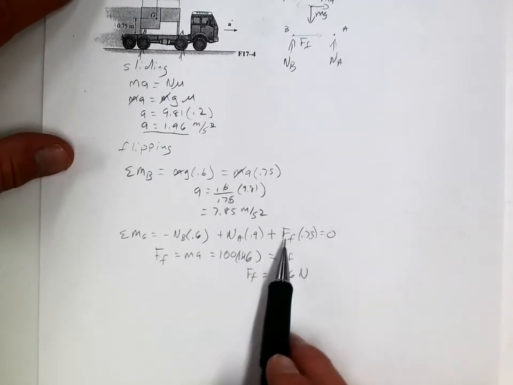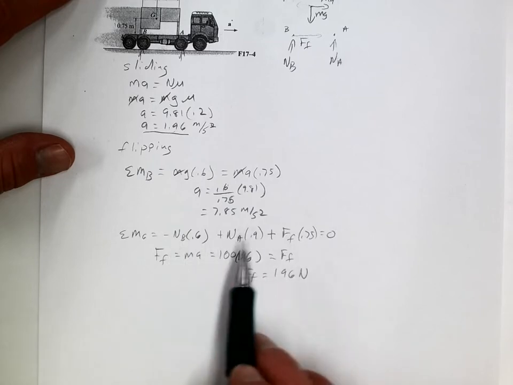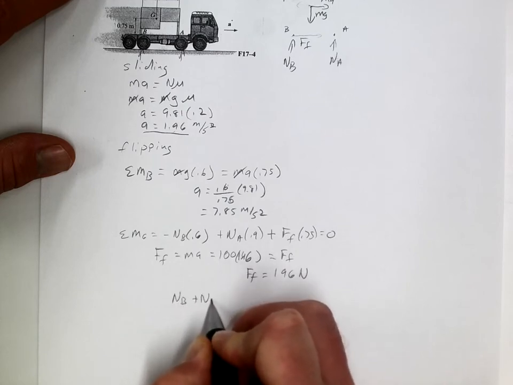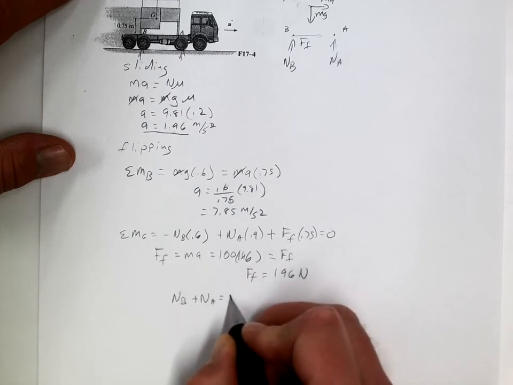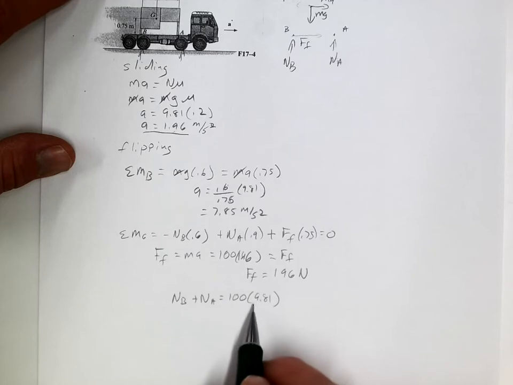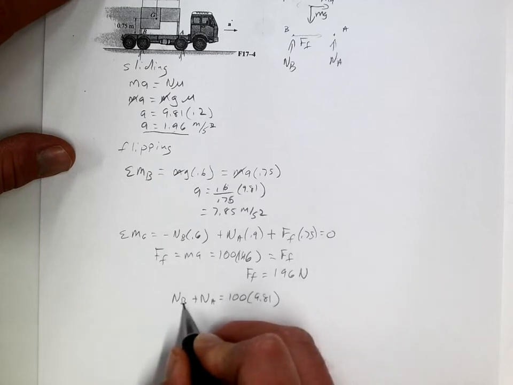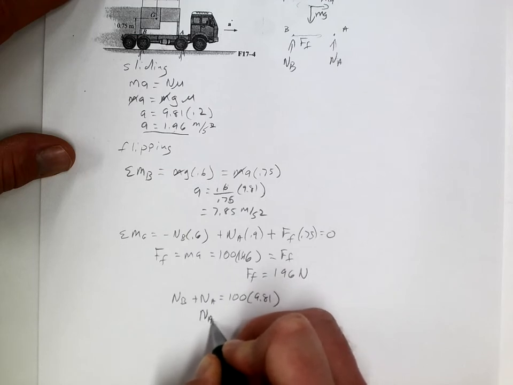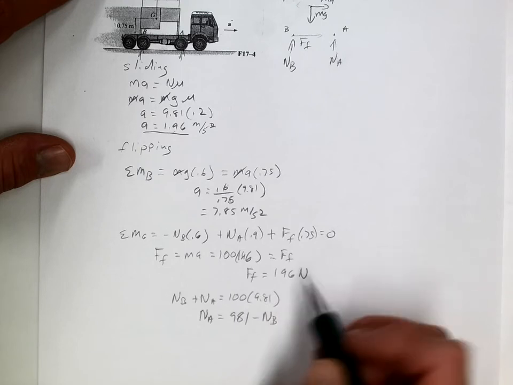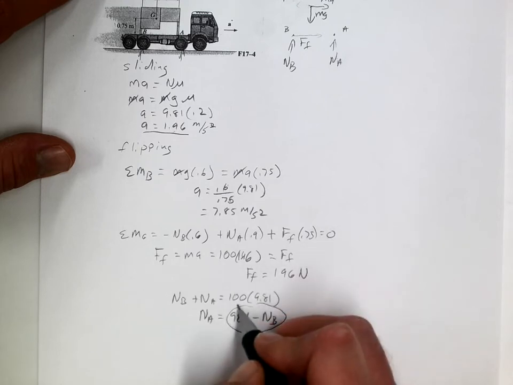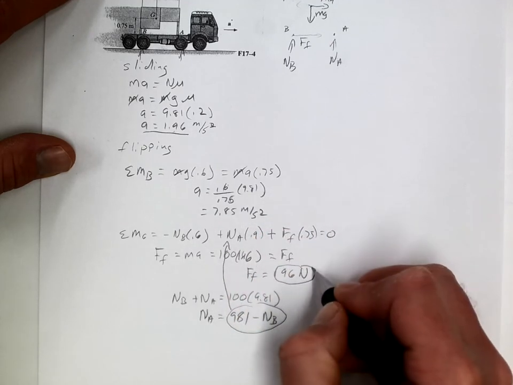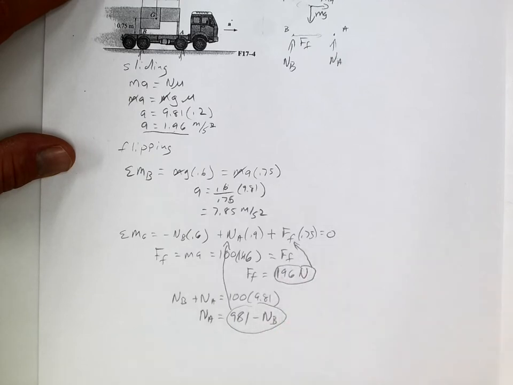Now, we need NA and NB, so we have two unknowns. But we also know that NB plus NA is equal to 100 times 9.81, or the weight of the table. So moving NB over here, NA is equal to 981 minus NB. Putting this in for NA and this in for F, we get